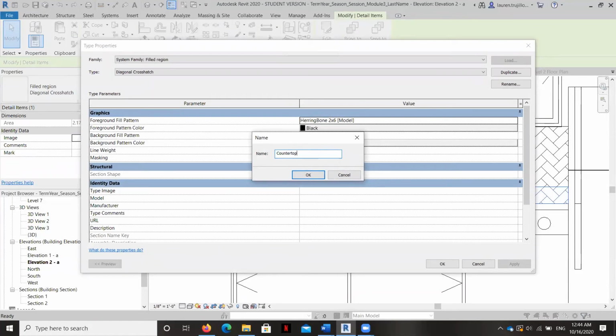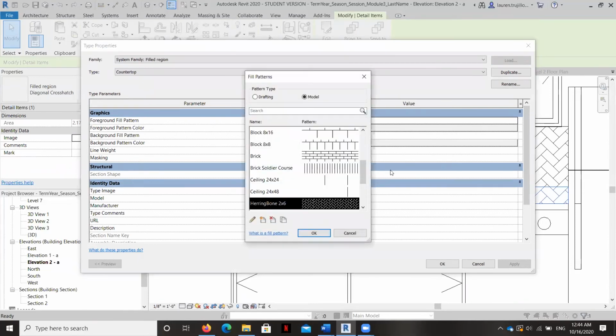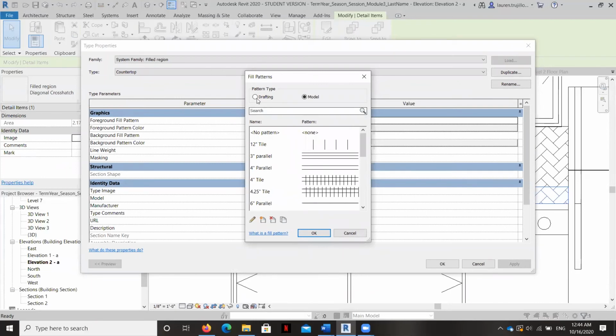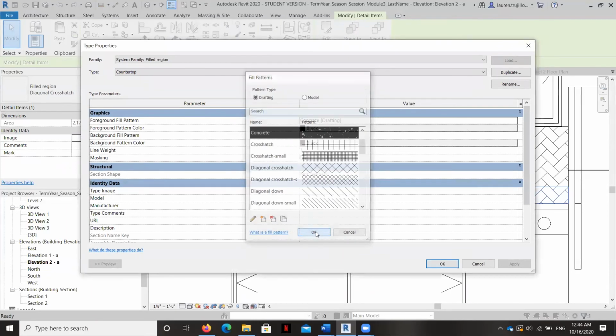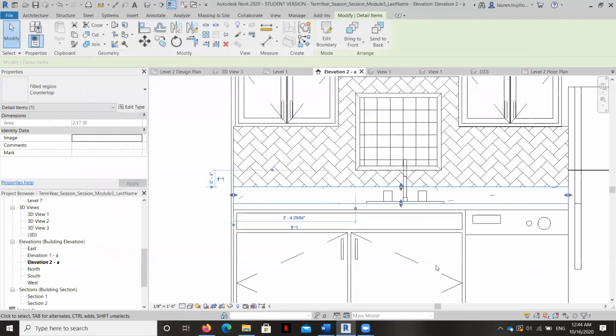Countertop. And for the countertop here, we'll go ahead and back to the drafting views, and we'll go ahead and make it look like a little granite. Okay, you can see the scale's really big, so I'm going to edit it once more.